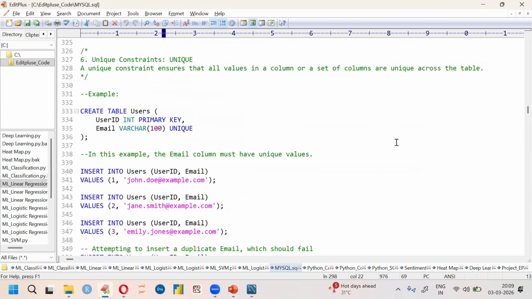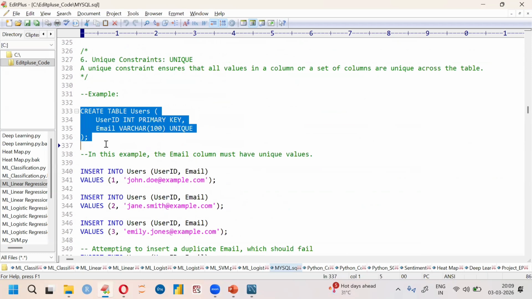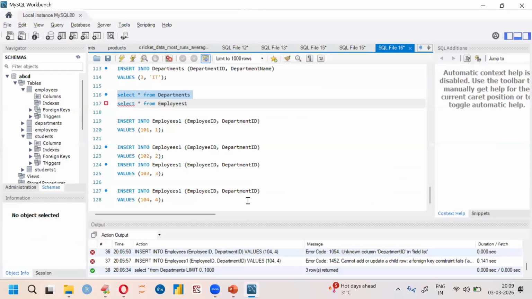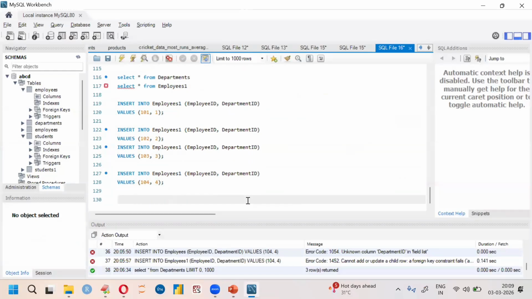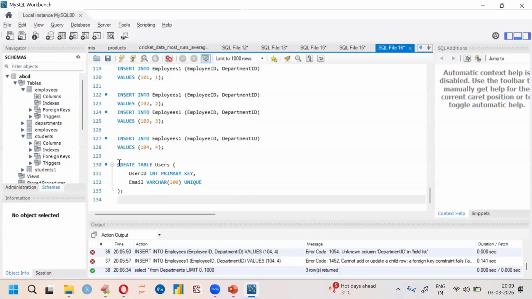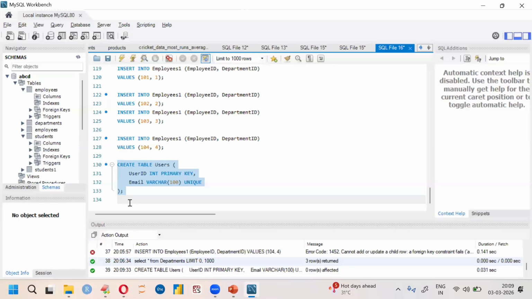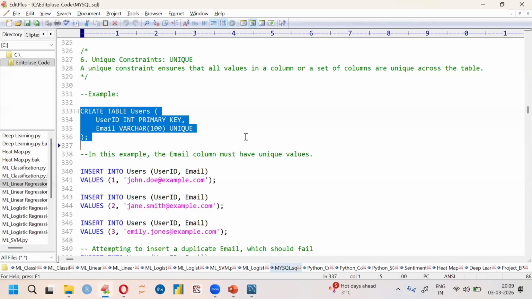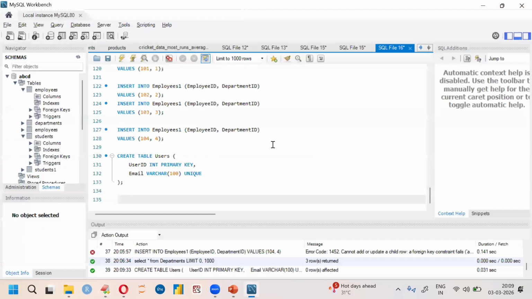Okay. So what I'm doing is I'm creating a table with the name users, guys. Okay. So let us insert certain records in the table. So if you see here,